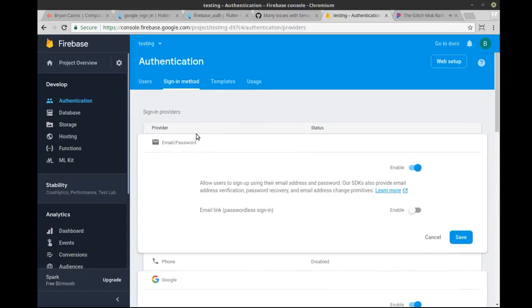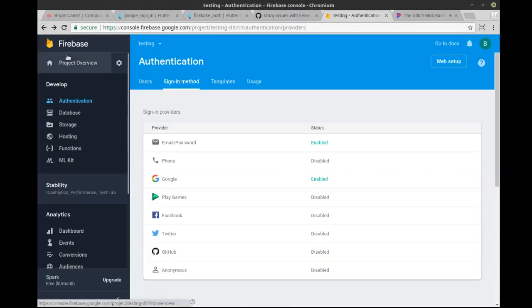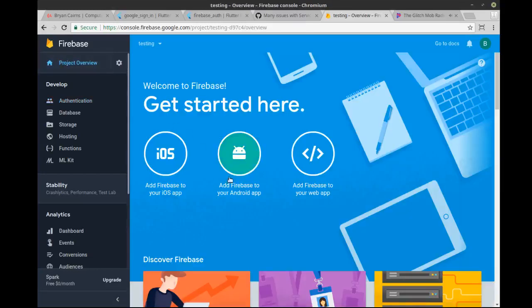The other prerequisite is that we are going to do an Android application, not an iOS application, because I'm on Linux and I love Linux. So anyways,